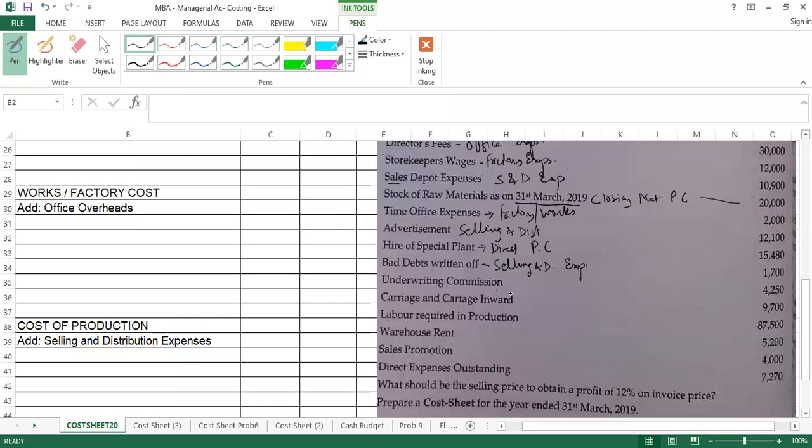Underwriting commission. What is underwriting commission? Underwriting commission is concerned with raising, or procuring, capital. Let me tell you about this. Suppose our company has a very big project and our own capital does not cover the cost of the project, the factory is not getting set up. Then we take help from the share market to raise the capital. And in government rules, if we have a project of 100 crores and we give an offer to the public, that is an IPO, and if we get a response of less than 90%, then we have to